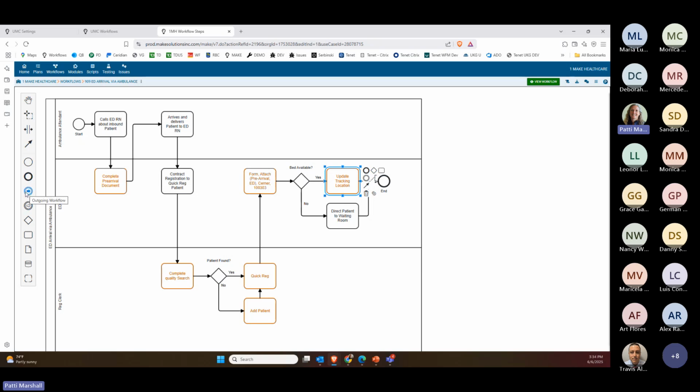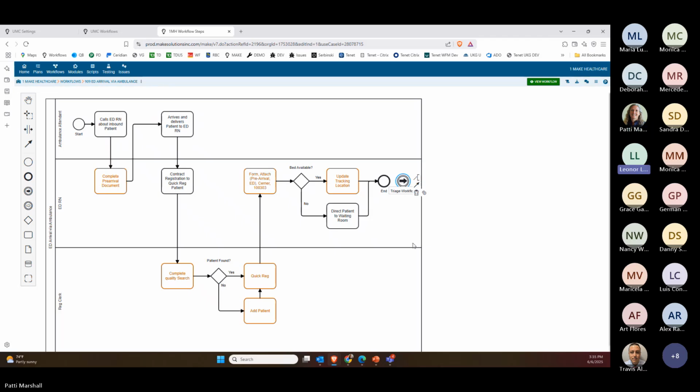These two tools, though, are if you want to connect to another workflow. It doesn't do anything from the script development standpoint at this point. In the future, it might bring in a workflow into your test script. But right now, if, for example, you wanted this to not be an end and you wanted it to go to, for example, the triage workflow, you would drag this on that says outgoing workflow. You would drag it on here, I could get rid of this end, and then I would just double click here and put this as my triage workflow. So that we would use if we wanted to break down a really long patient stay into